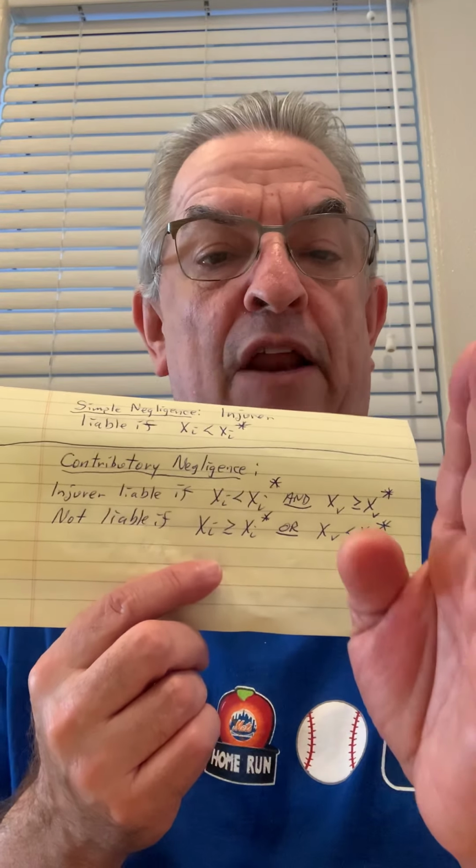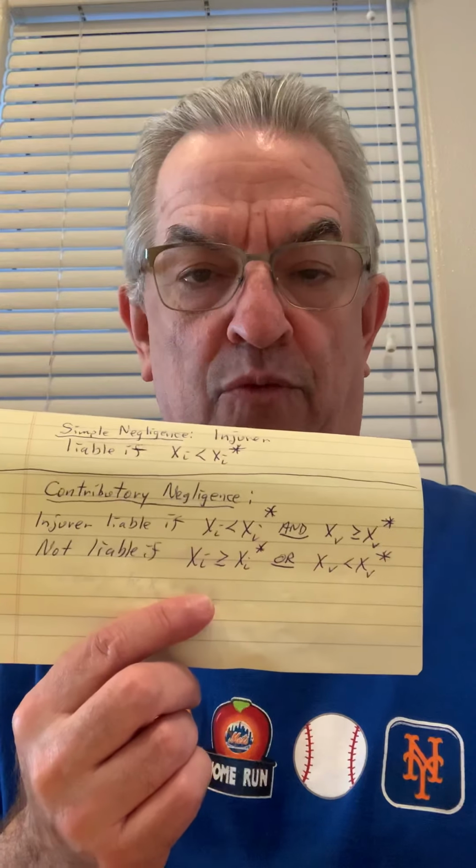And so we look at not only what the injurer did, we also look at what the victim did. Okay, the final thing that we're going to be dealing with for the moment, because we've got a lot of different variations on a theme here, is the natural evolution of the concept of contributory negligence: comparative negligence. Comparative negligence is closer to the way things are actually done now, and it takes into account